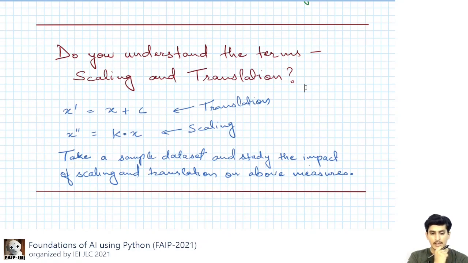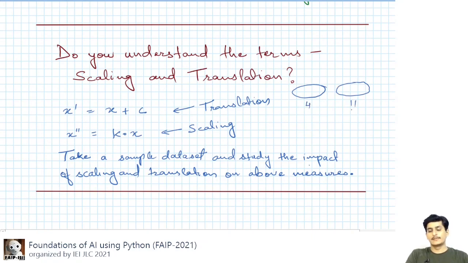Zooming and scrolling. Alright, that is again exactly rescaling and translation in the context of images or computer graphics. But in terms of data, let's say you are collecting some data, and in the context of data, I want to talk about translation and scale. Okay, let me give you the example. Let's say we took body temperatures of two different classes. Let's say again class 4 and class 11.